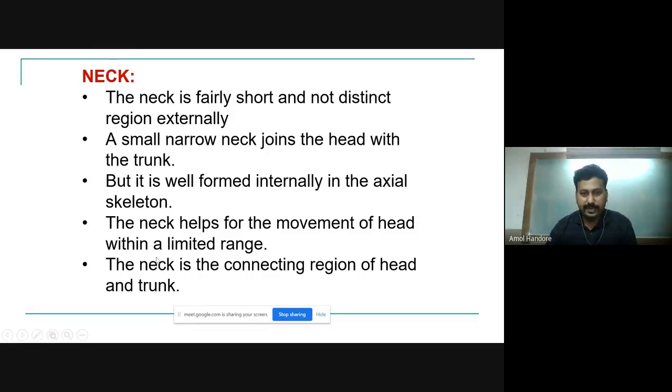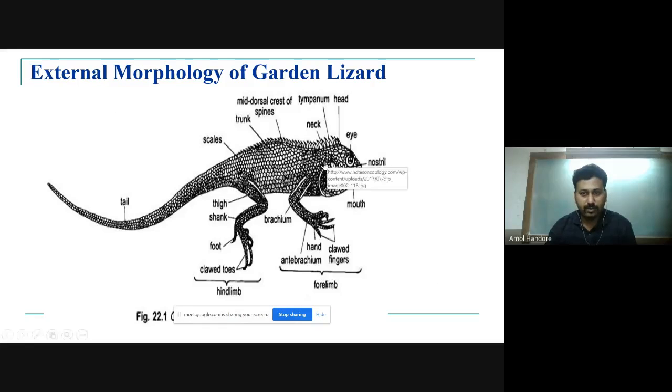So we can say that the neck is the connecting region between head and trunk. Very simple. The neck is a connecting region between head and trunk, not distinct from outside. If you study the skeleton, it is well developed. So here, though you cannot make it out externally, in this region the neck is connecting the head with the